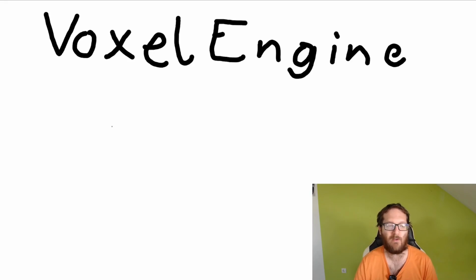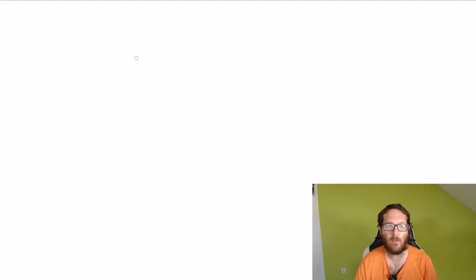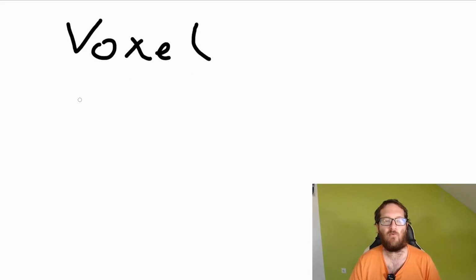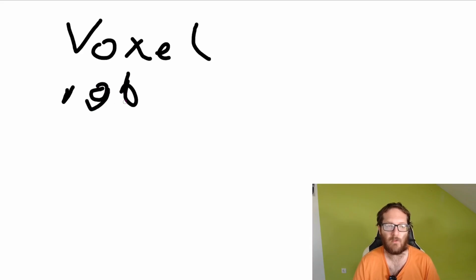If we look at a single voxel, how can we represent it? Well, we could just use a color. We could have an RGB color, or maybe even an alpha. In my current voxel engine, I'm doing RGBA, and for each we would use a byte, so 1 byte per